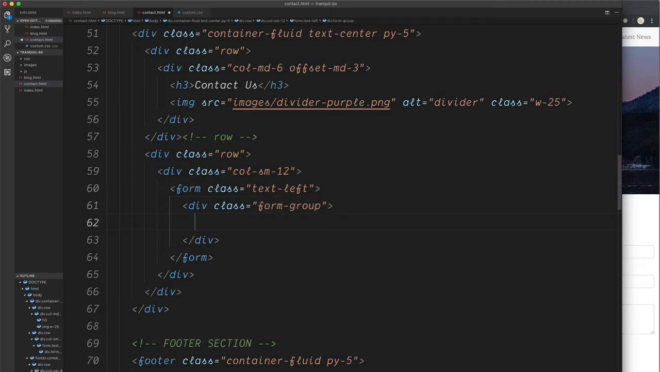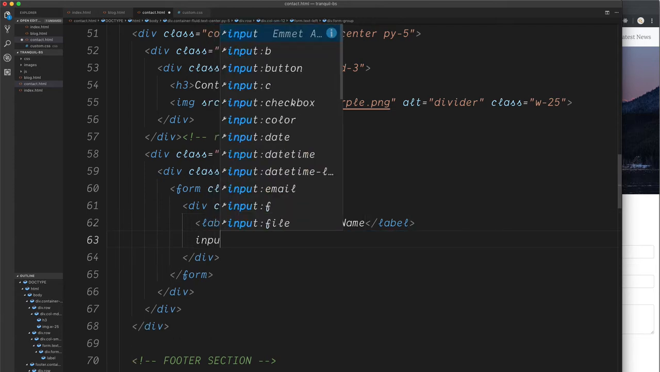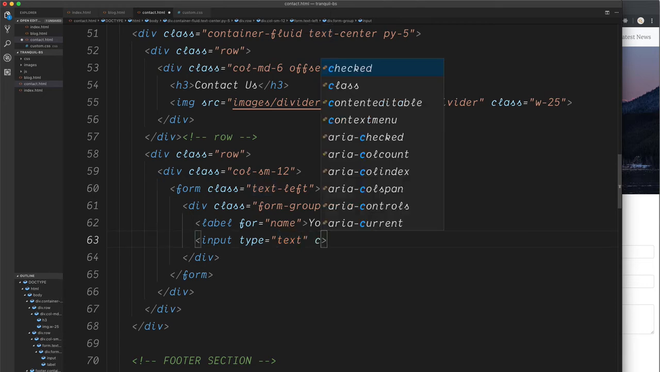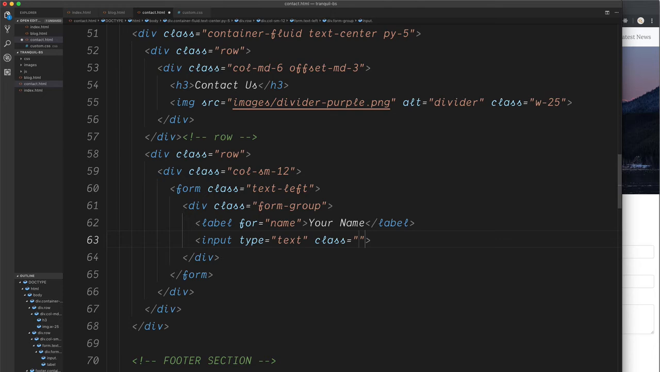So each input is going to have a label too. This is going to be a text label. The first one is going to be your name. We'll then add the for attribute, which is going to be name, and this will link it to this input, which we're now going to create. The input is going to be a type of text, since it's a name field, a Bootstrap class of form-control,